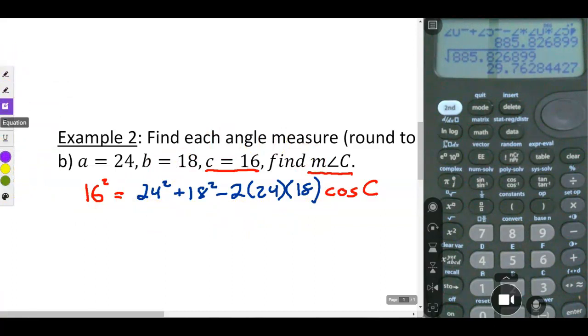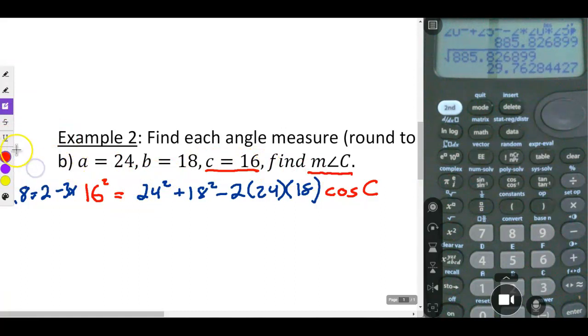And believe it or not, this is kind of like a 2-step equation. Before I do that, it's almost like I have, like, 8 equals 2 minus 3x or something like that. To solve that equation, I'd first subtract the constant numbers, right? I'd subtract 2 on both sides. Then I'd divide by whatever's in front of my variable. So on this particular problem,